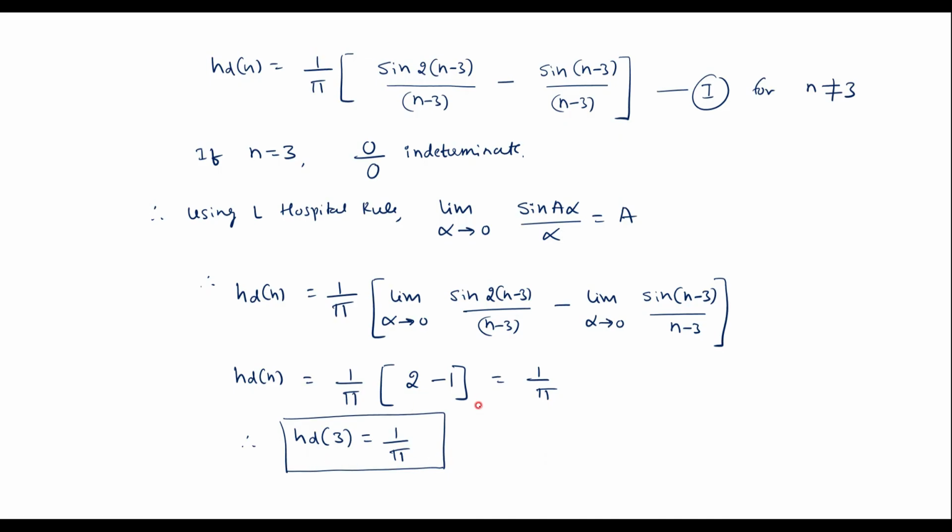So the next step is to obtain the impulse response h of n. That is, h of n is obtained by multiplying hd of n with the window. Here the window is the Hamming window. I will represent it as whm of n. Now let me define what the Hamming window is. The Hamming window sequence is defined as,